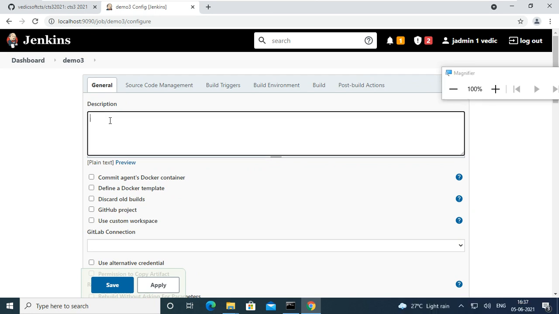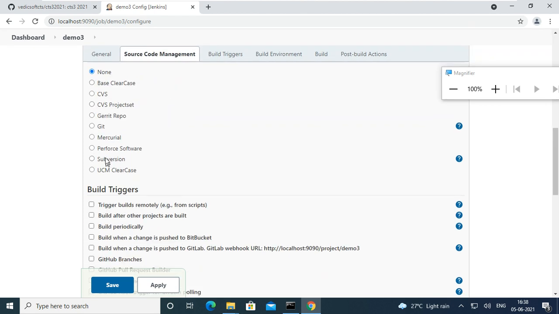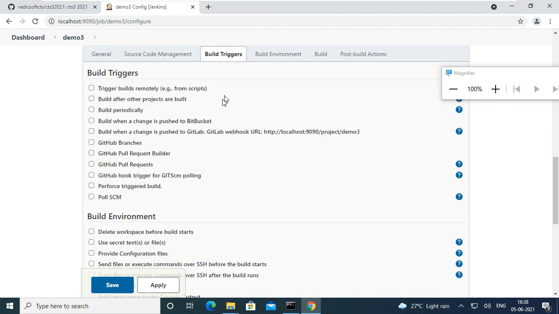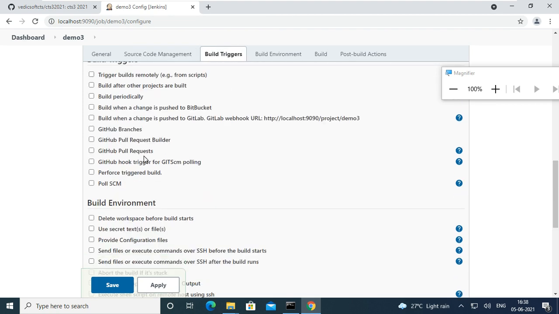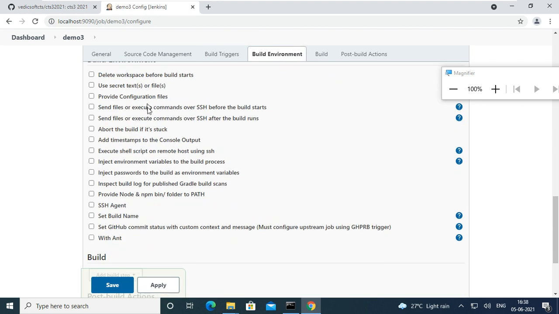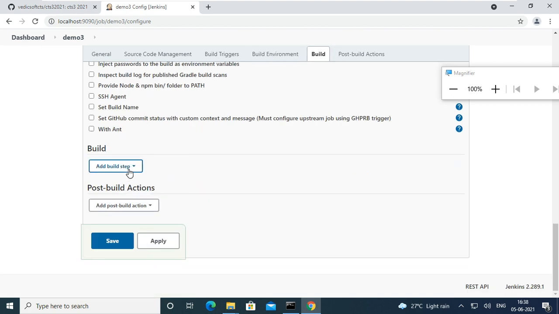Okay. So I'll give some description. Demo project Python. So okay, it's a Python demo project. Source code management. So you'll get Git, Gerrit like this. Other things also came up earlier. It is not there that much, but none. I have my code on my physical machine only. This is the build triggers. Okay, so git pull, git request, so many things also came up. Build environment. So what environment you want to execute, that also we can define. Set build name is also there. So this is build, post build.